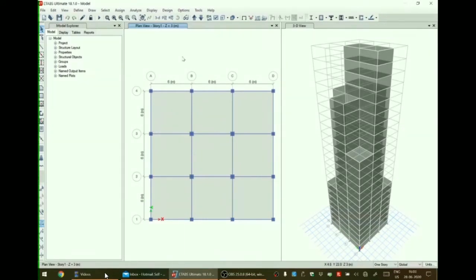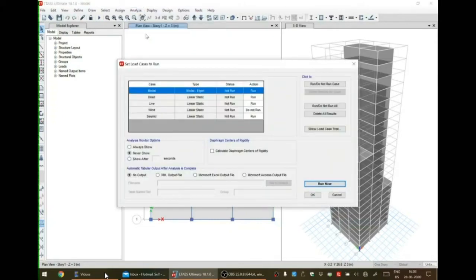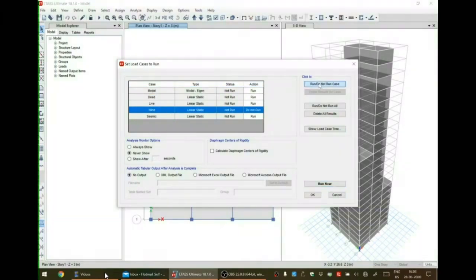Now we have to move on to analyzing and designing the structure for the seismic load. For that, let us first open analyze option, then click on set load cases to run. Since we are doing seismic design here and we had earlier designed the dead load, live load, wind load option.